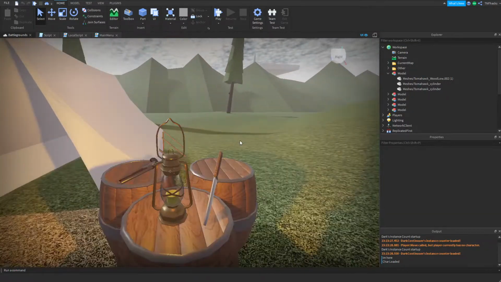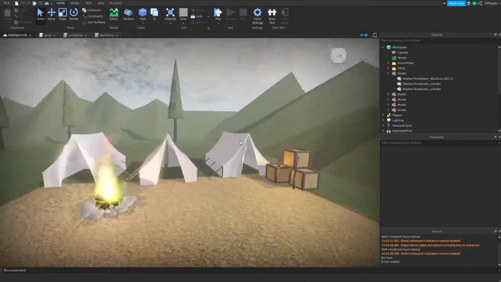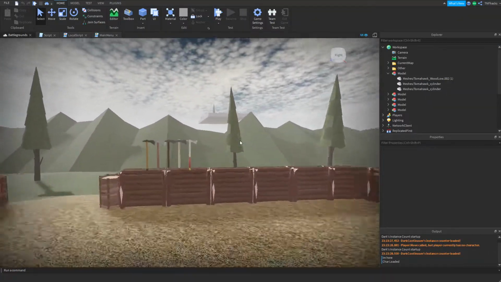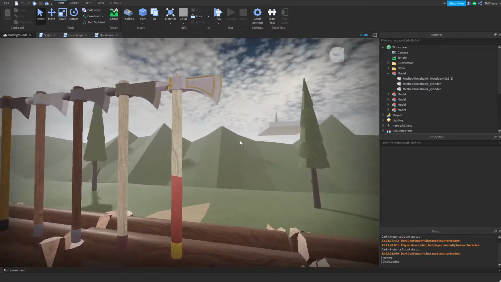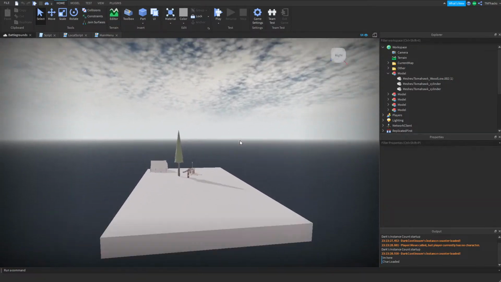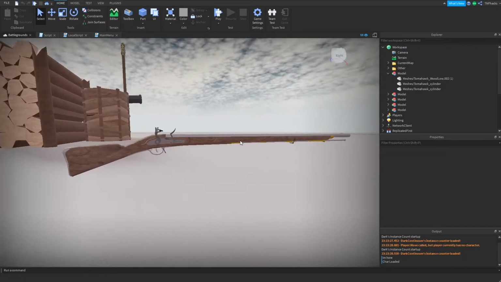The map will have a bunch of details so that it looks nice and you can enjoy playing on it, and we'll be testing our new equipment here. Some of the new equipment, for example, are the new tomahawks that were made by Dmitry. Here are the tomahawks, as well as some improved muskets, such as the new Brown Bess musket,